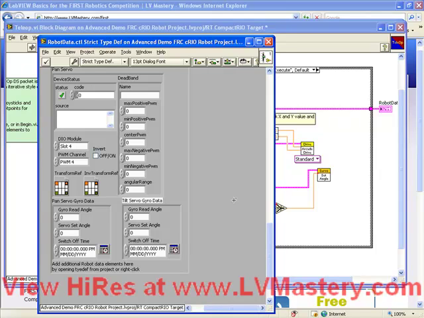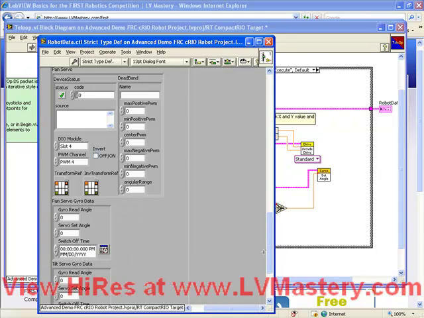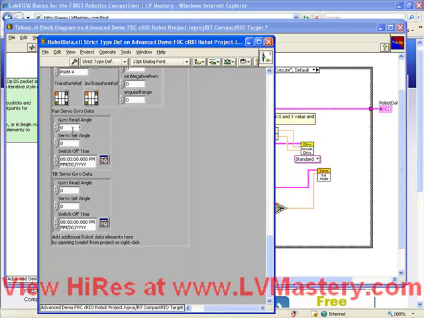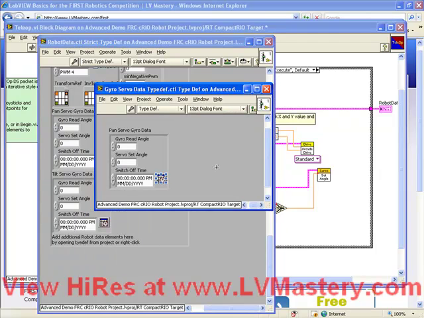Servo gyro data. Now you can see the benefit of having created that as a sub-typedef. If I make a decision later on that I want to add more data or more functionality to this servo gyro function that I'm using, then I just open its typedef,